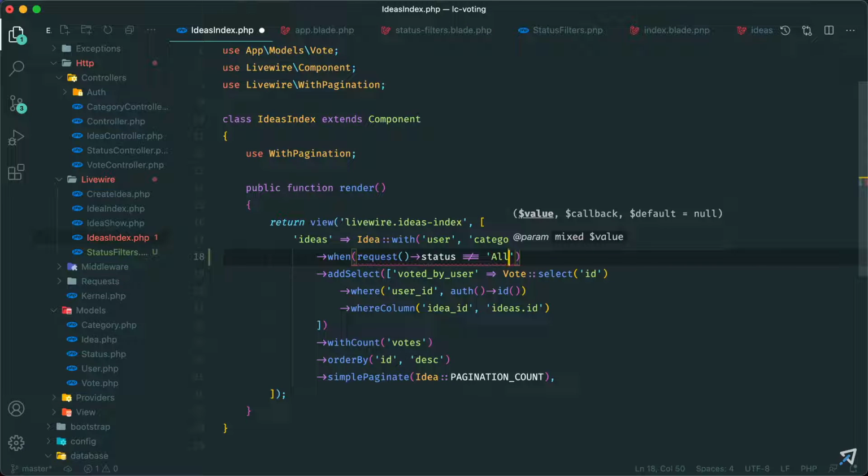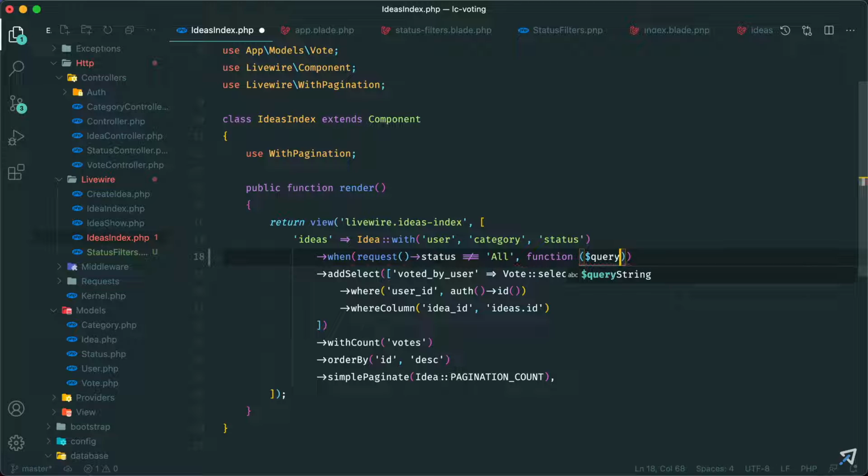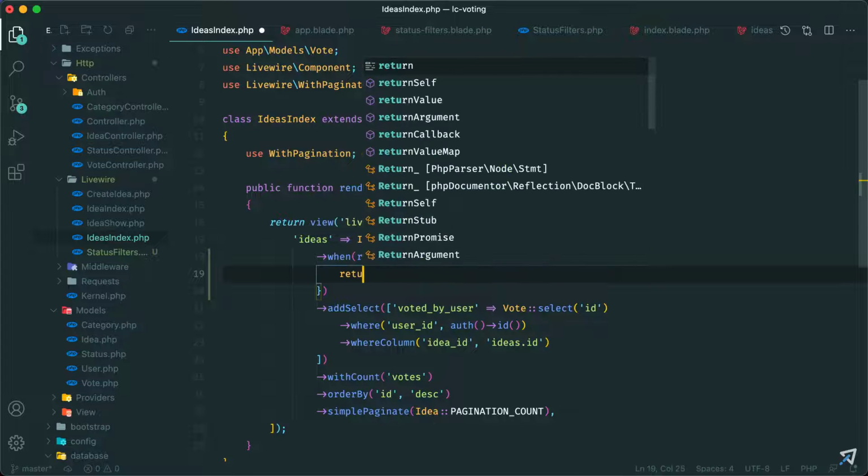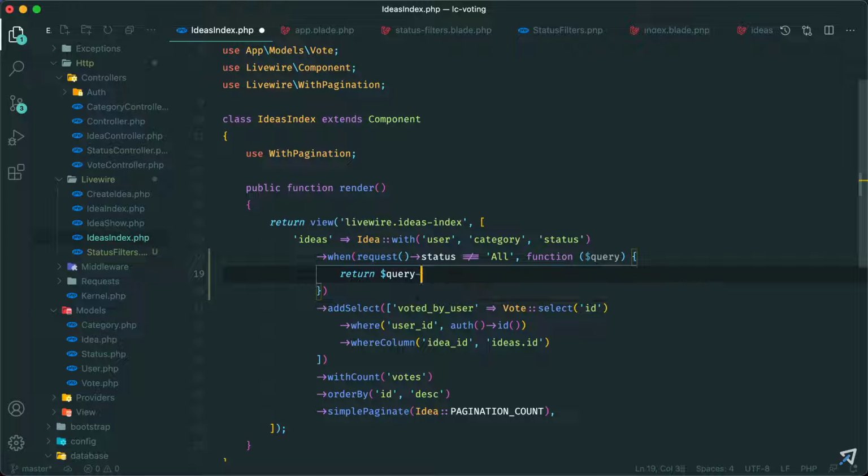If it does equal all, then it won't go into this when closure. It's a closure function with the query, and it won't add the where clause that I'm about to add. So let's say return query where status ID,